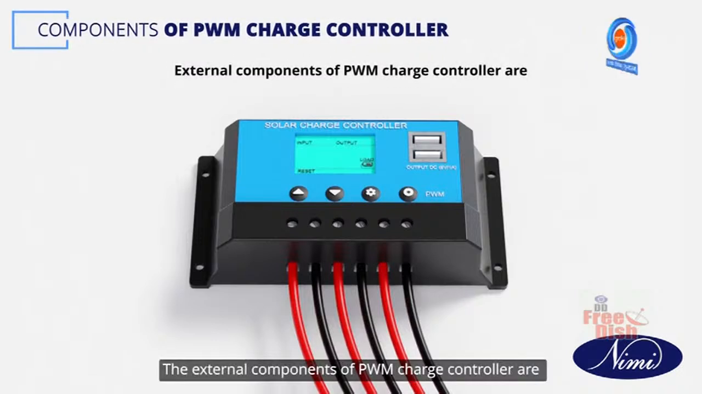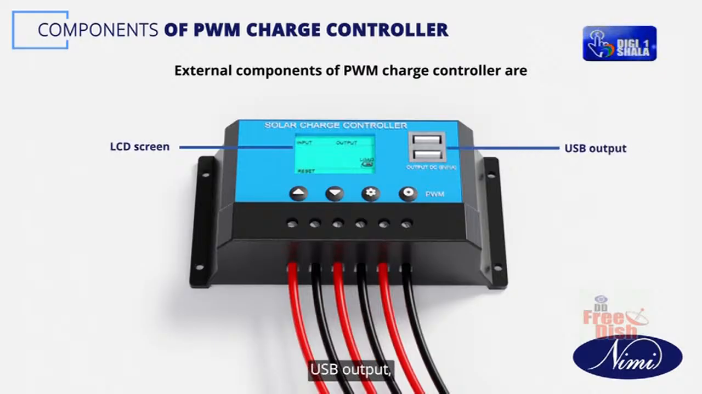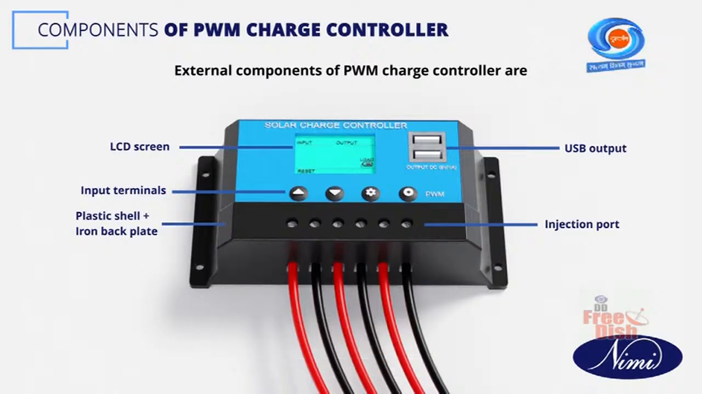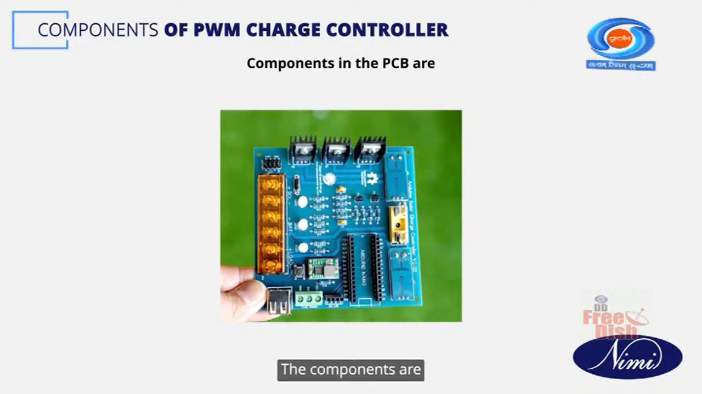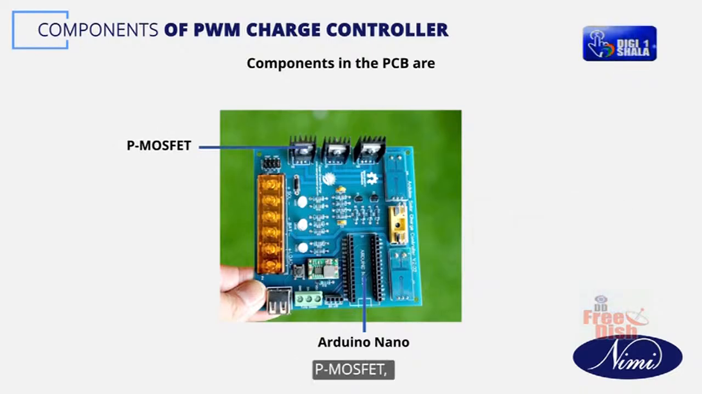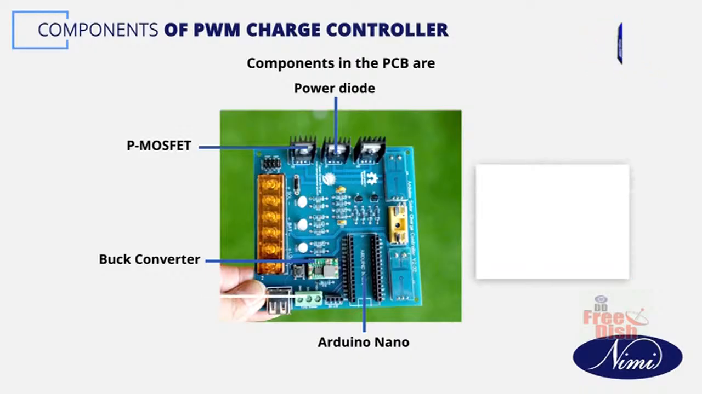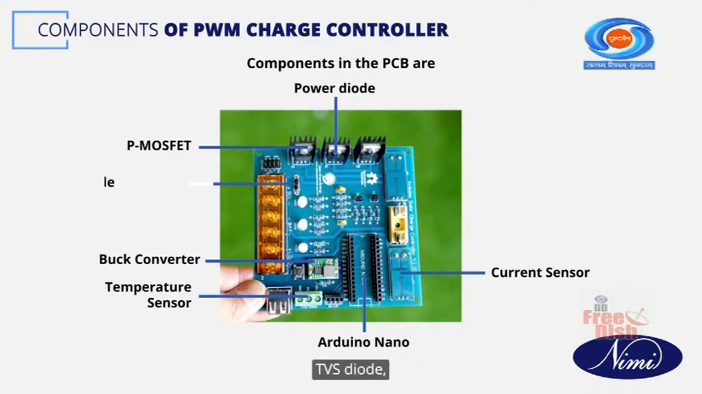The external components of PWM charge controller are LCD screen, USB output, input terminals, injection port, plastic shell and iron backplate. Here is the PCB of PWM charge controller. The components are Arduino Nano, P MOSFET, power diode, buck converter, temperature sensor, current sensor, TVS diode,